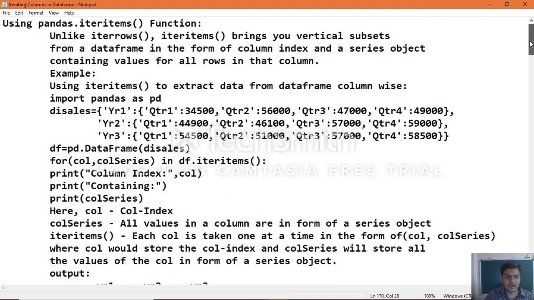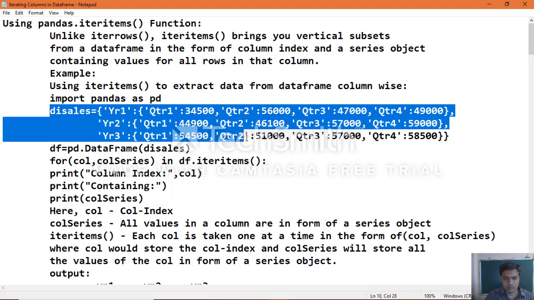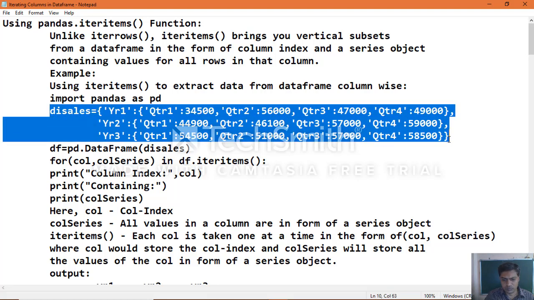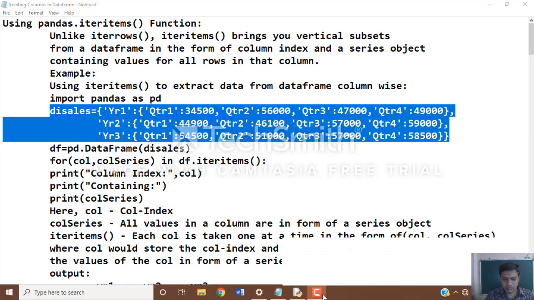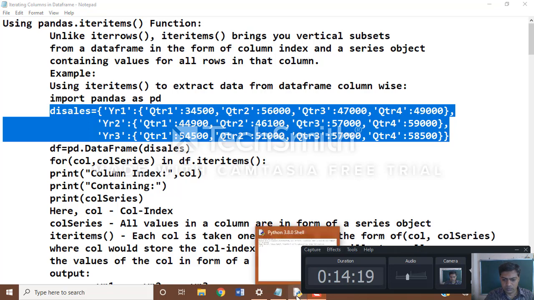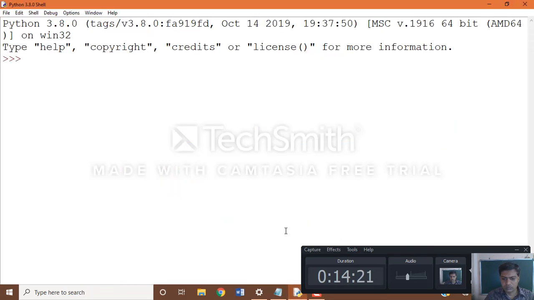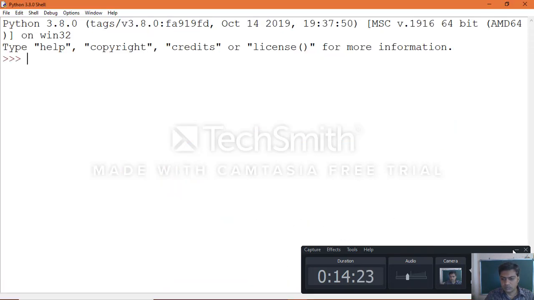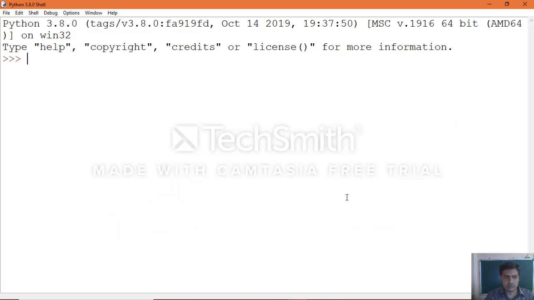First, the sales example which we will execute. Import the module, import pandas as pd.